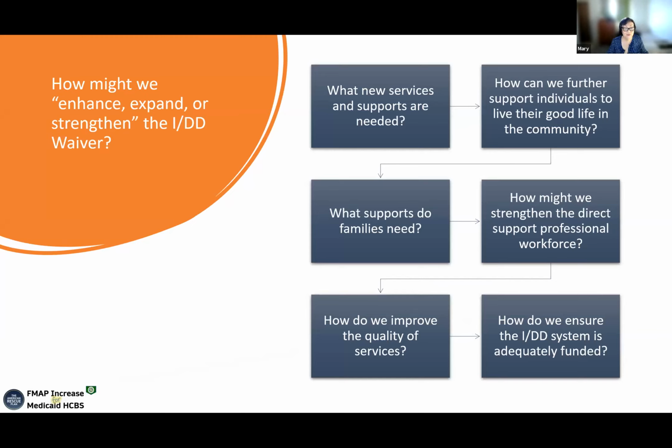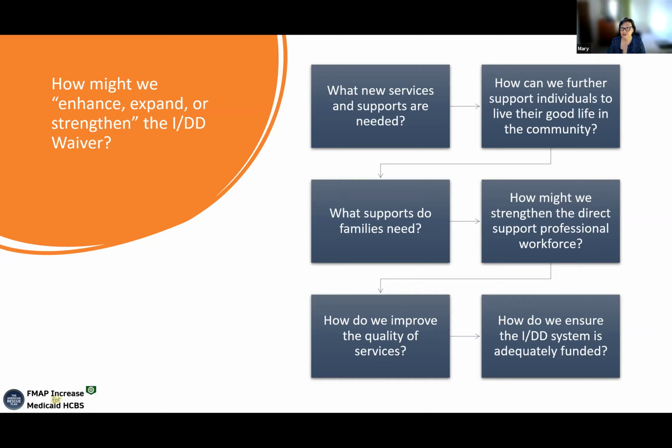So in DDD, we often use this framework called "how might we." It allows us to ask those questions that are important to ask before we answer them, to really pose the challenges out there. So the task at hand for all of us in the next few weeks as we develop our spending plan is, how might we enhance, expand, or strengthen the IDD waiver? And keeping these questions in mind,